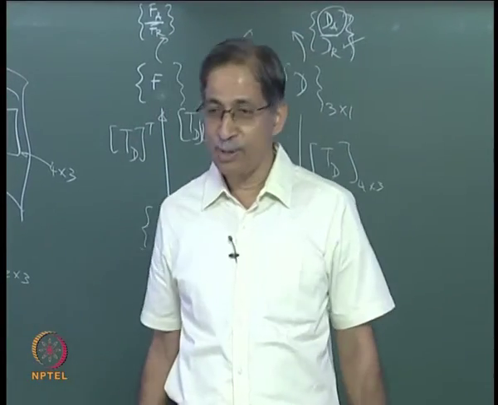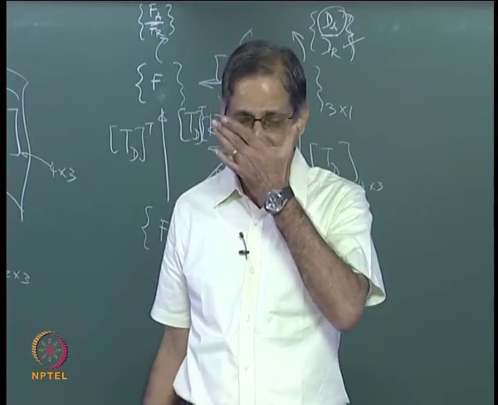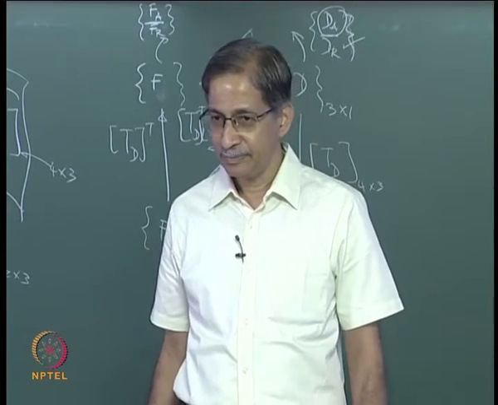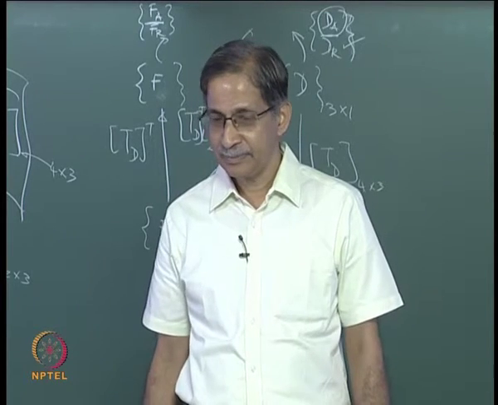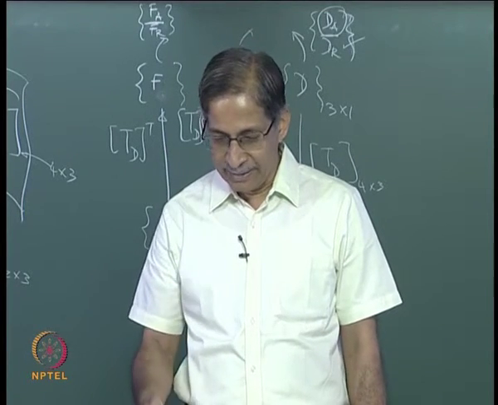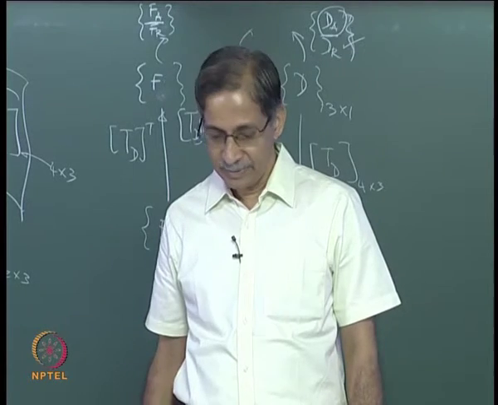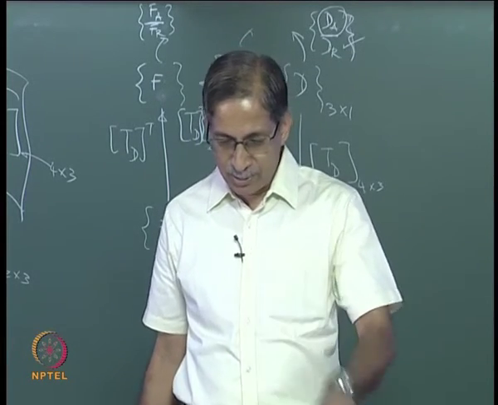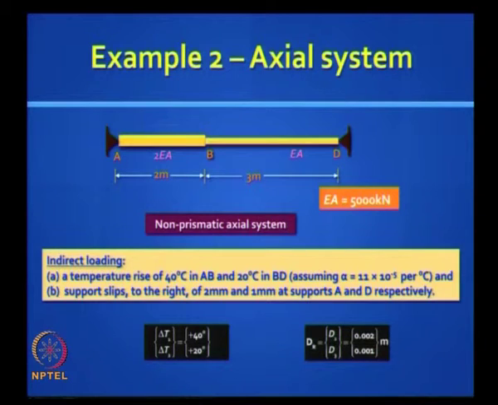First, how do you write down the input data in a vector form? What is the input data? Well, you got temperatures, and you got the coefficient of thermal expansion. So you can write down your 2 temperatures, delta T1, delta T2, and you know dr. Dr is, we will choose the same coordinate system, agreed. D2 is 2 mm, which can be written as 0.002 meters, and D1 is 0.001 meters. Both are positive because they are pointing from left to right. Is it clear? This is the given data.